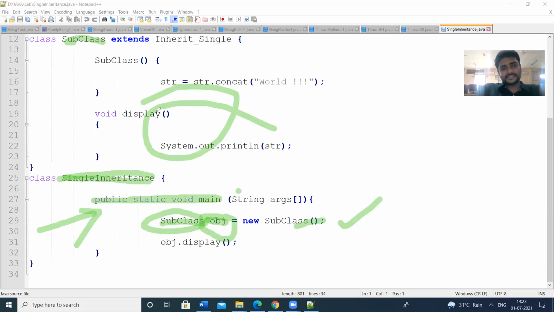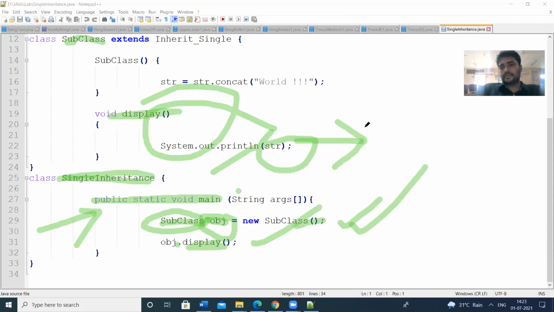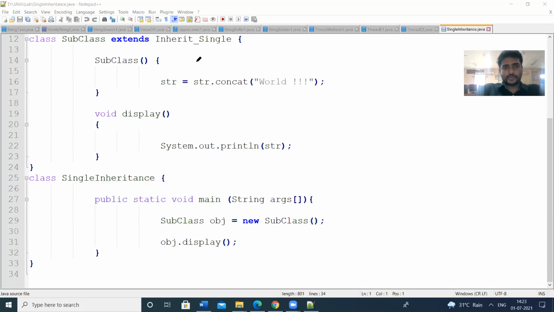Now I want to access this display method. In order to access it, we need an object. That's why I have created the object here. So obj.display will display str. In the str, we have Java world, and that will be displayed. Let us check the output.